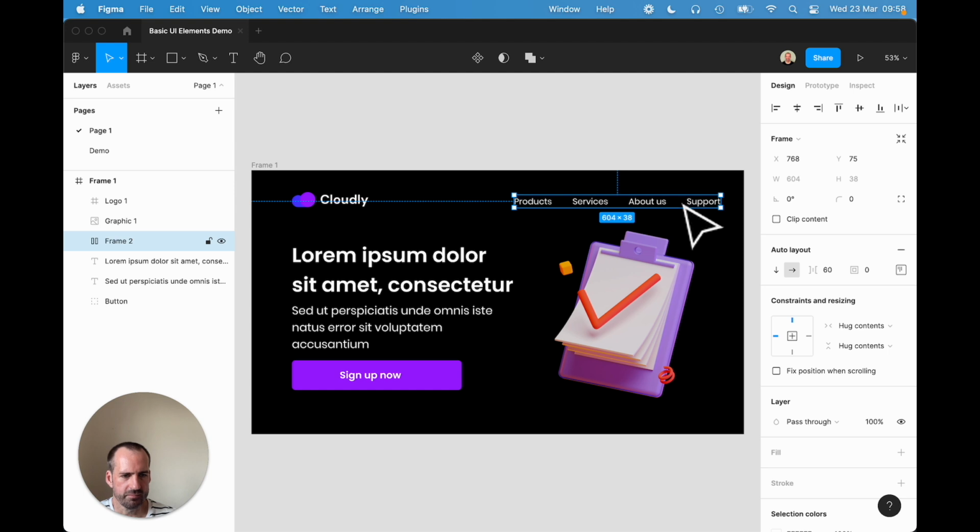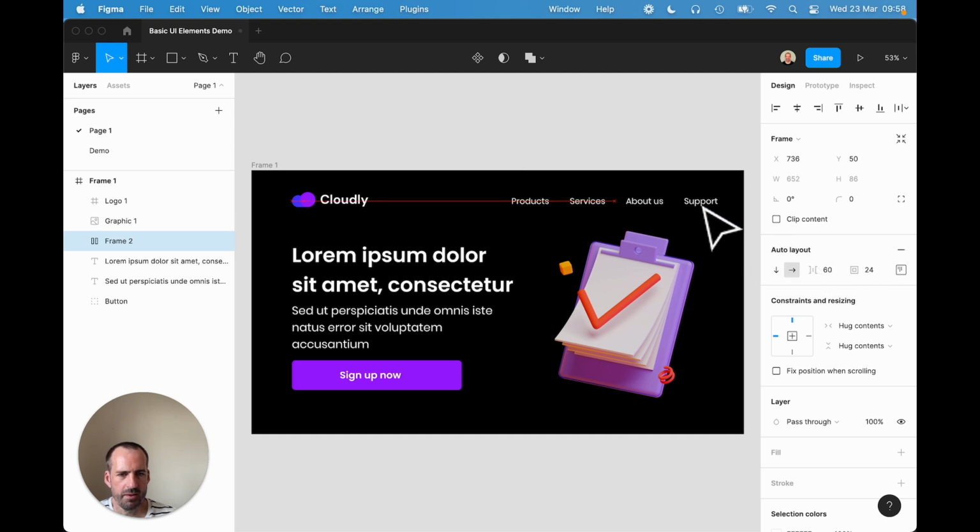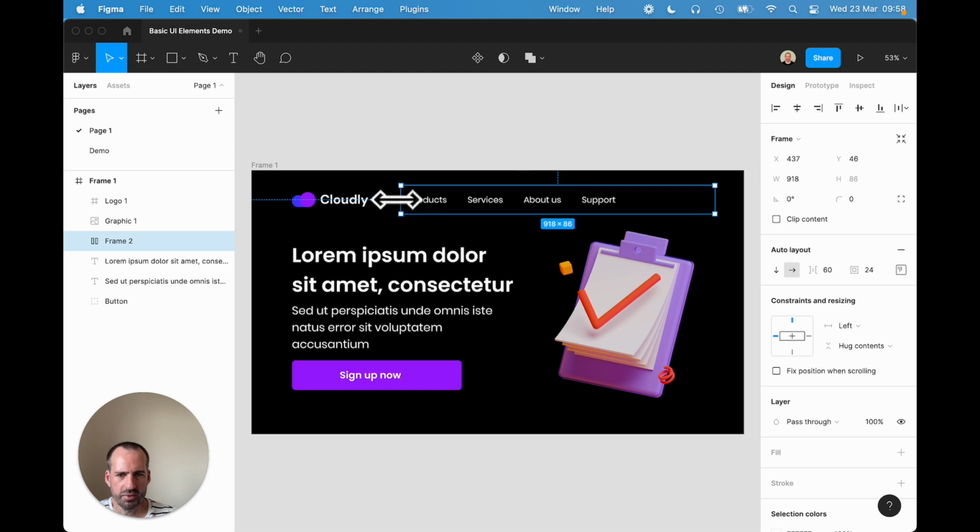Next part of auto layout is the padding around the items. For example, these items at the moment have a padding of 0. If I wanted to make the padding 24 pixels all around, I just tap in 24 and hit return, and that creates a 24 pixel padding around our auto layout items. I'm going to extend this